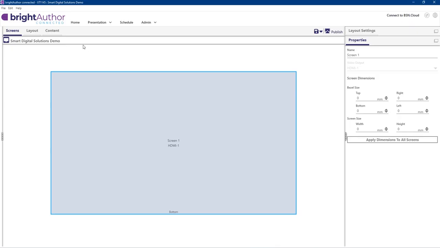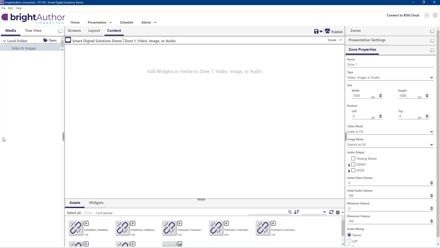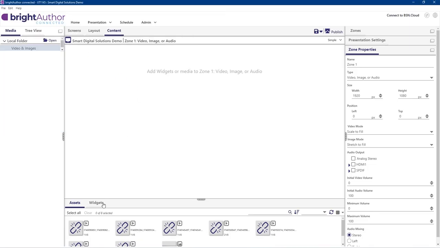Now we will select the Content tab. This tab allows us to add our desired media to our presentation. On the left-hand side, we have our media browser. This section is asking us to find the content we would like to add to the presentation. Once we select our folder, we will see the bottom middle section populate with the content that resides within the